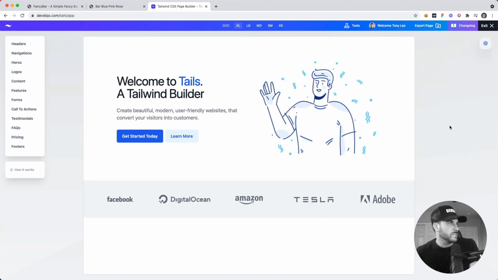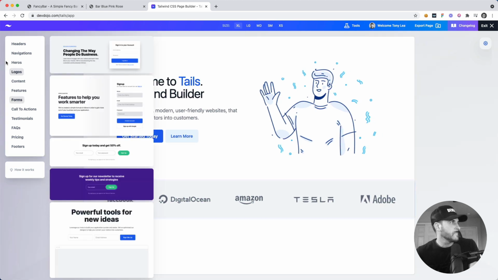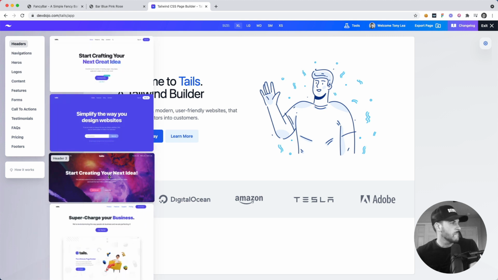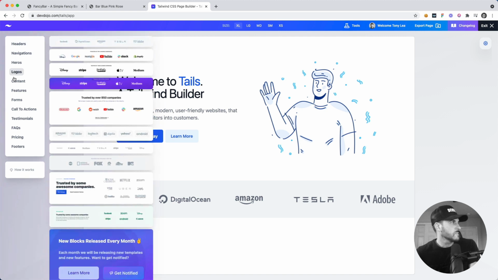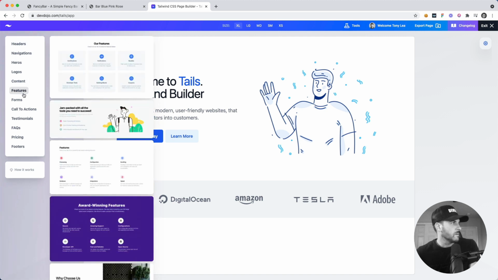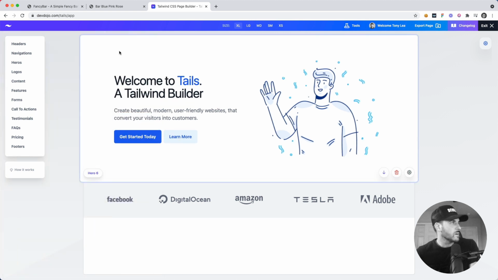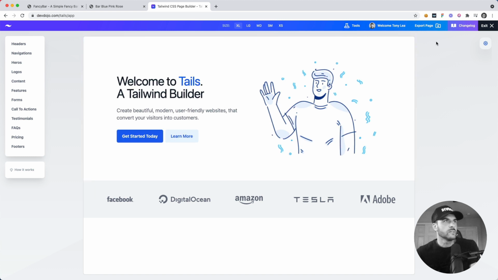I think that might even be good enough. Let's see what else we could add here. We could add a header, maybe not on that one. Could add some features, but I do want a square design, so I think this might just do right here. So how about I just go ahead and copy this HTML,